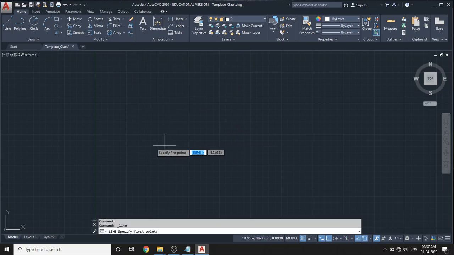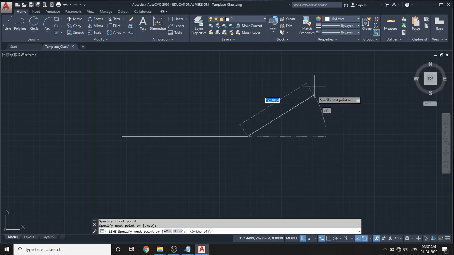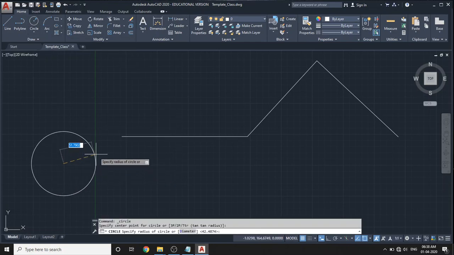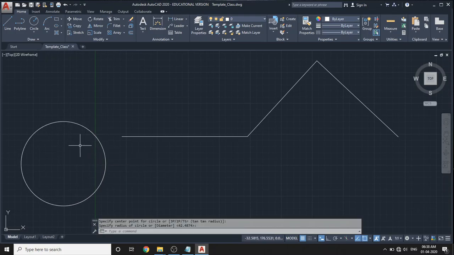For example, if I have a couple of lines like this, and you want to create a line which is parallel to this one, say at a distance of 20 units, maybe on the upper side or lower side, or if you have a circle here, and you want to create another circle which is concentric to this one and which is at 10 units outside this circle,